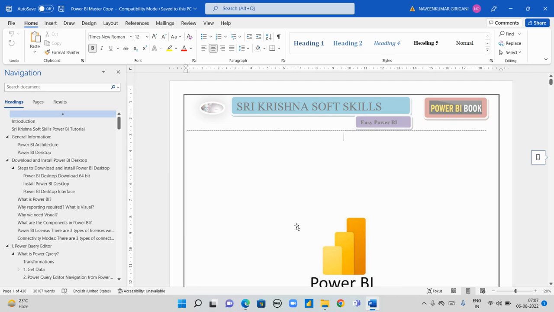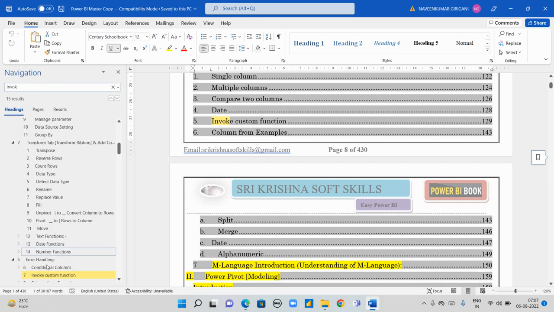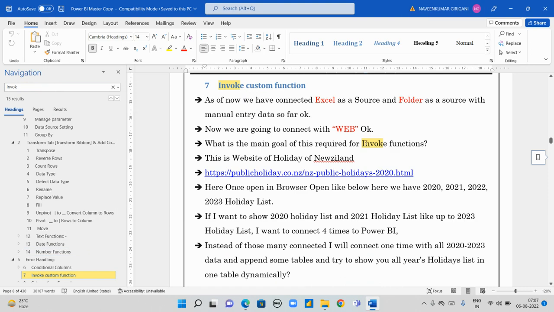So, invoke custom functions. What are invoke custom functions? By using invoke custom functions, we can avoid these many steps. Before invoke custom functions, without them, we need to do a lot of steps to get the